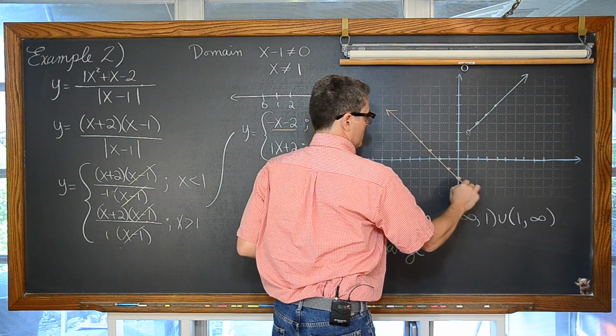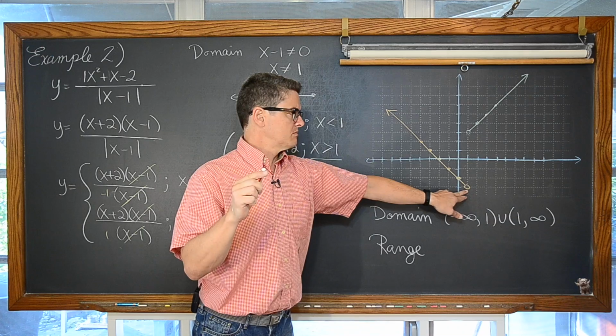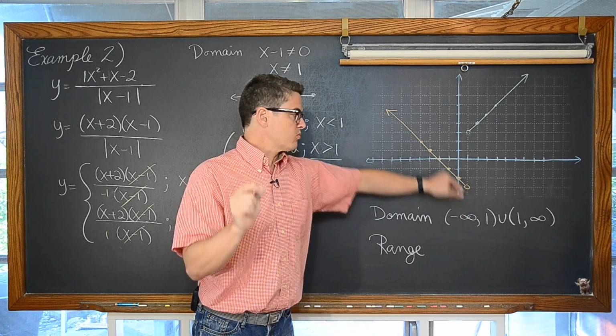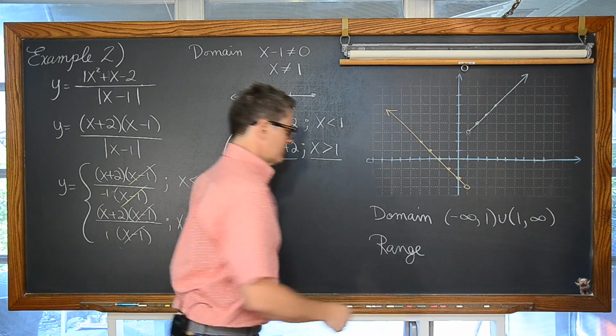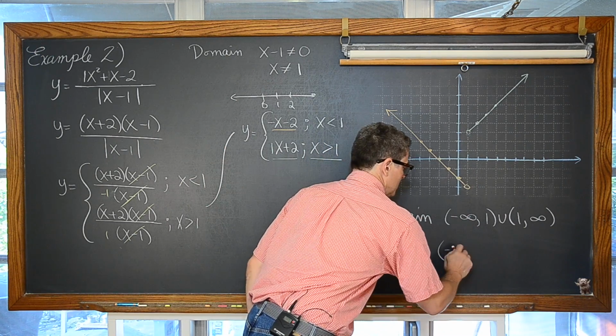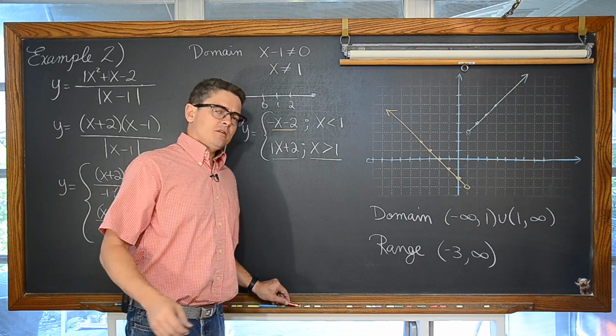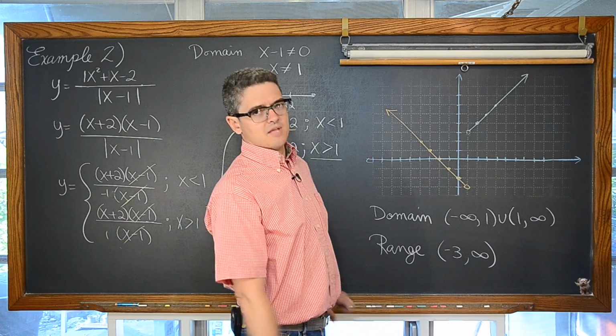And we go down to the lowest y value of negative 3, but it's an open dot, not closed. So our lowest y value is approaching the y value of negative 3. So round parentheses, because we're not really including it, open dot, not closed, negative 3 to infinity. And beyond. And on to our third and last example.